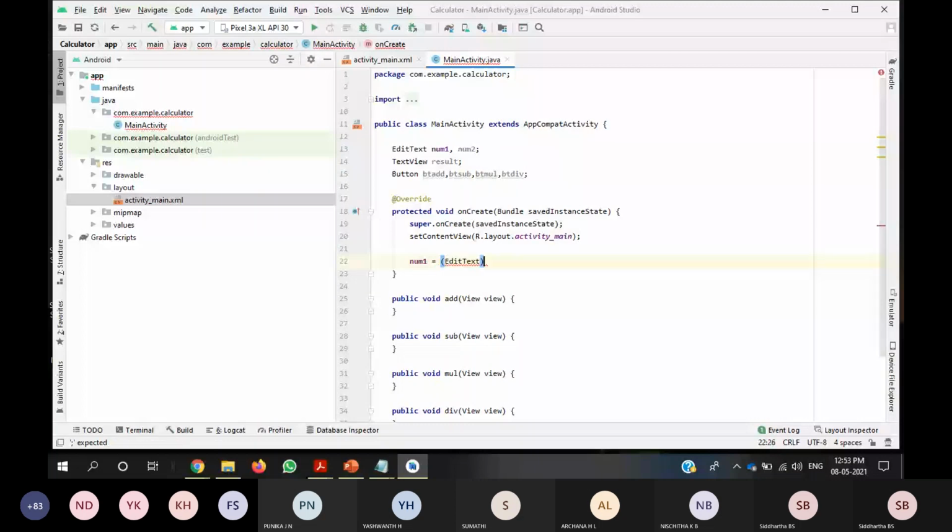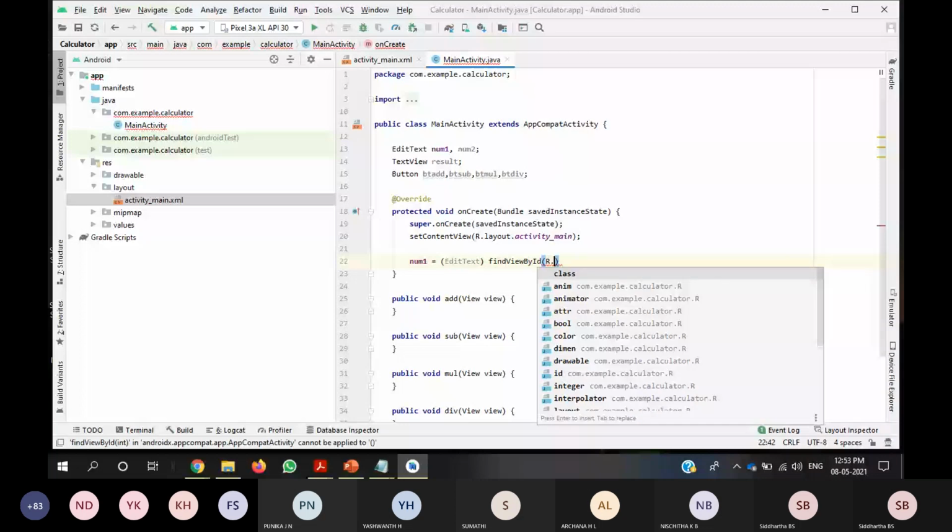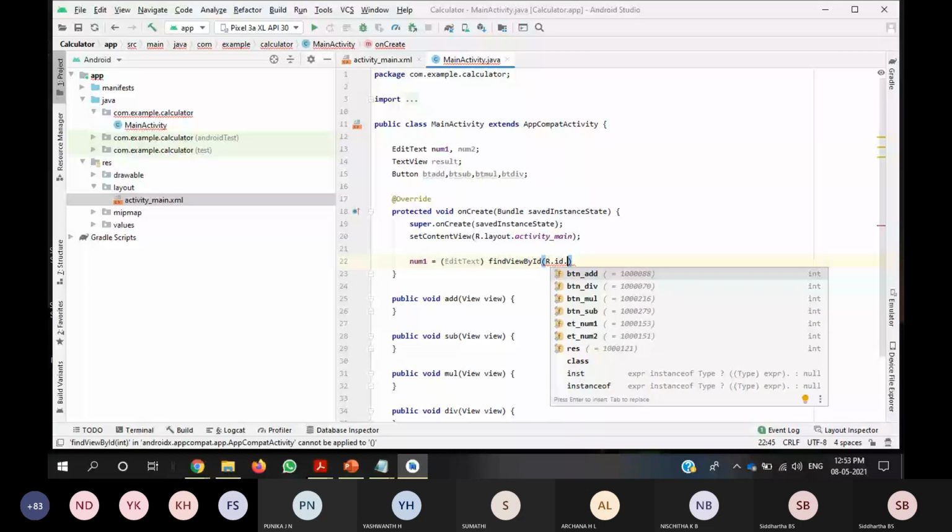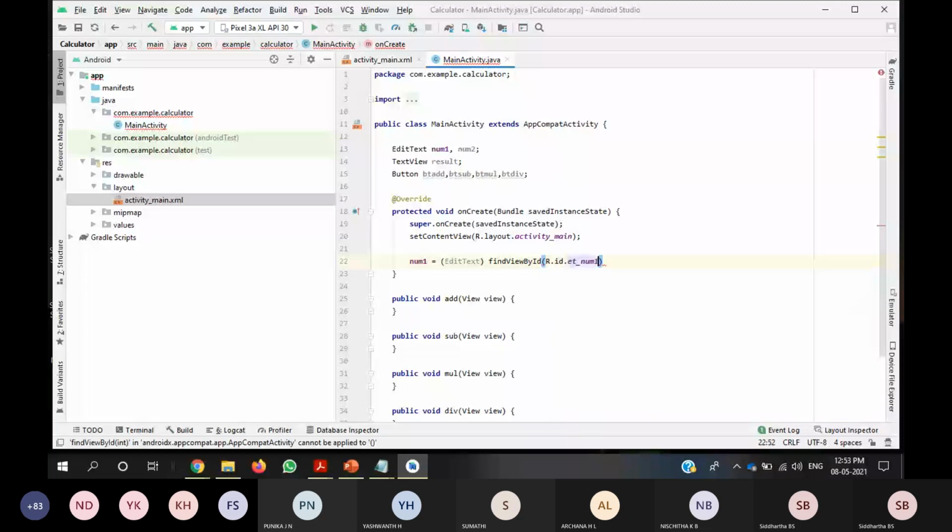By using the method called findViewById with R dot id dot, the ID name, which is editText num1. Next is num2.